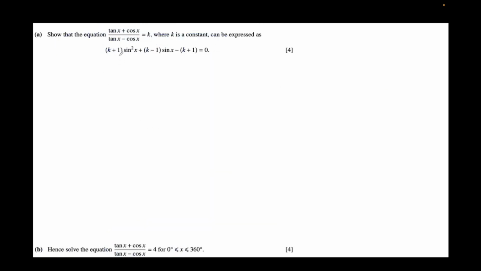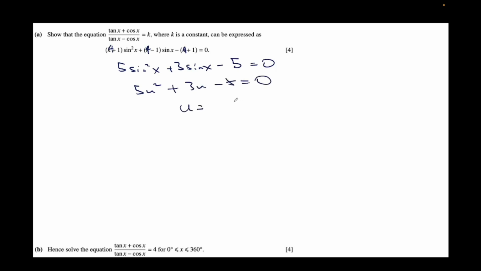So let's rewrite this. 5 sine squared x plus 3 sine x minus 5 equals 0. You do not get a big number, you get a number that doesn't look clean. Anyways, you realize u is equal to, you can write out the exact answer, it's right, negative 3 plus square